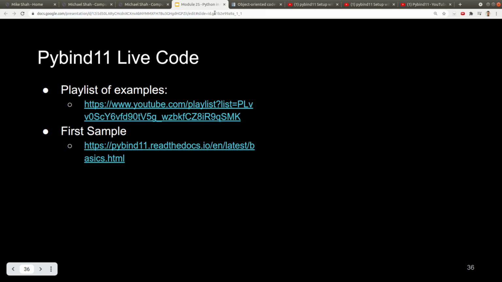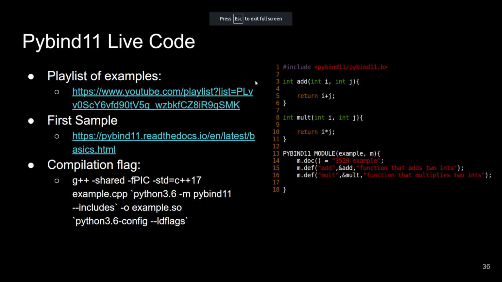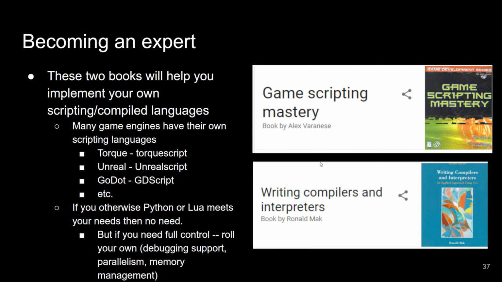Okay, so let's go ahead and start wrapping things up here. That's about where I want to go. All right, so that's been our PyBind example, and I've just added the samples here. So what's really cool is there's some nice books too. If this topic is really interesting on scripting, of course I want you to check out the PyBind stuff, but